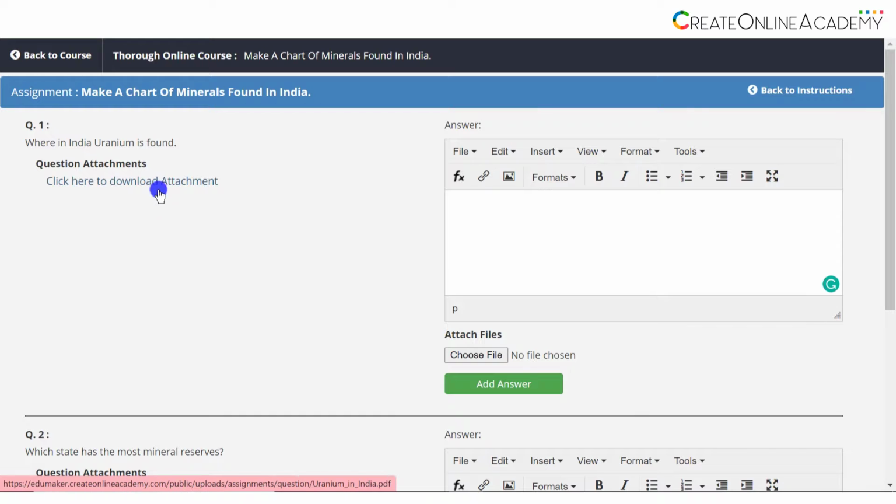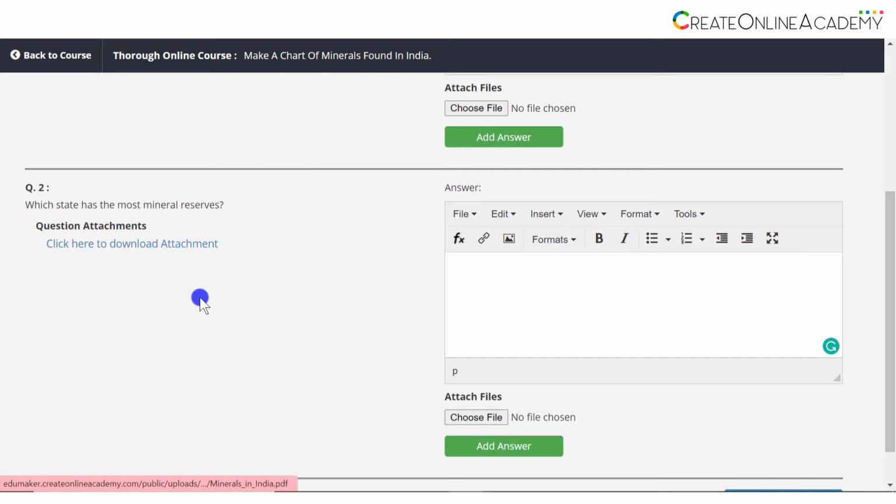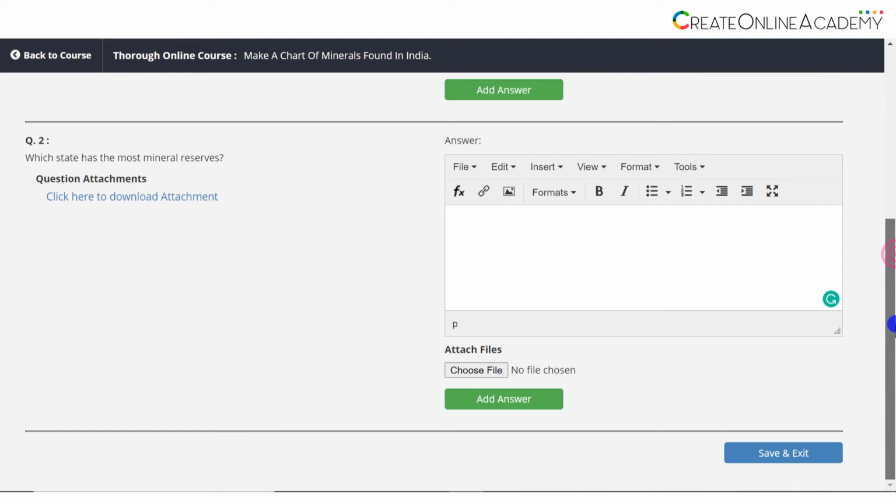Now remember, the editor of the answering panel is also a bit rich. That is, mathematical equations, pictures, links can be added along with the text formatting by the student. And once answers are ready, clicking the green button named Add Answer will submit the answer. So that was number 1 question, and below it number 2 question. Remember, you can add a number of questions in the assignment.